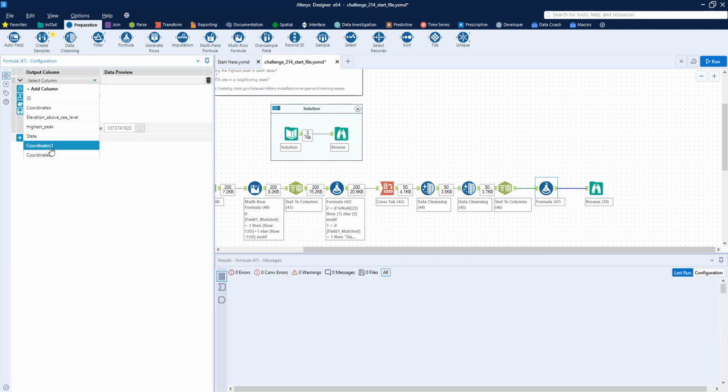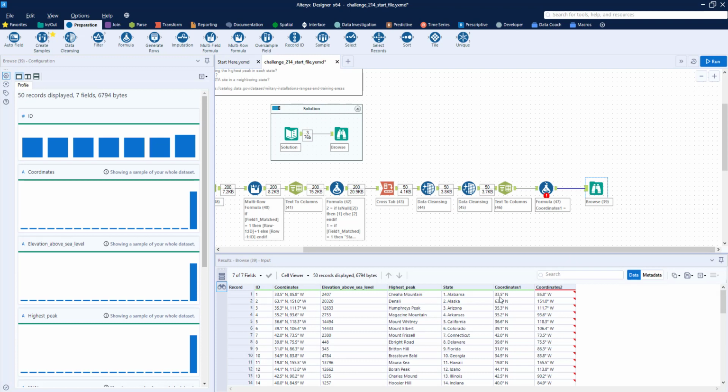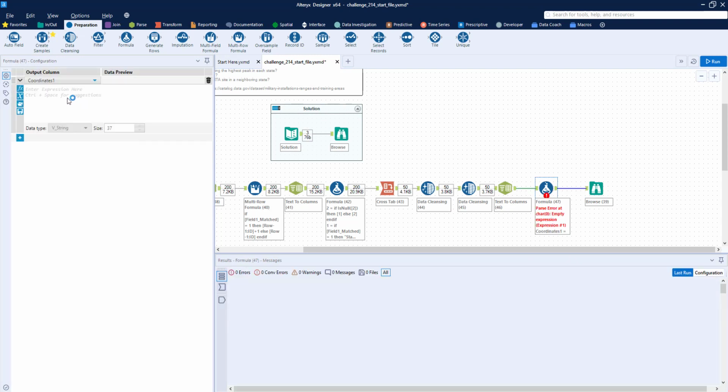So we will go ahead and let's grab another formula. And we're going to work on first coordinates 1. So what I want to do here is get rid of everything that's not a number or a period. And to do that, we will rely on our good old RegEx replace. Our string is coordinates 1. So our pattern here is going to be,